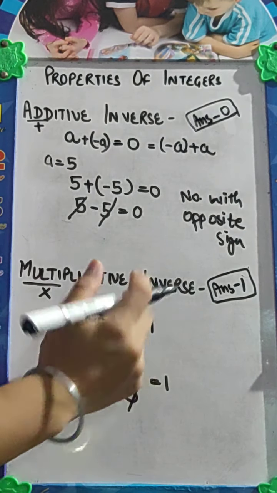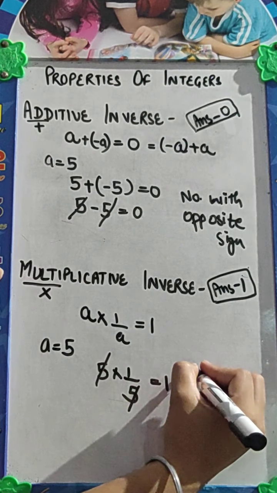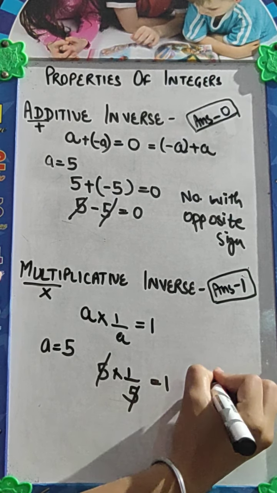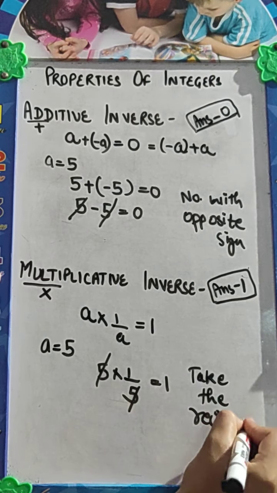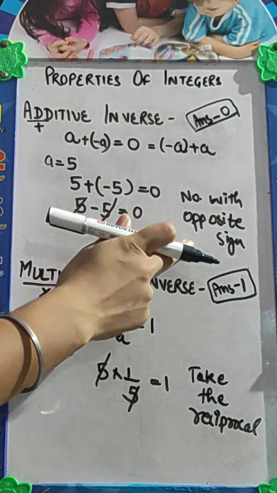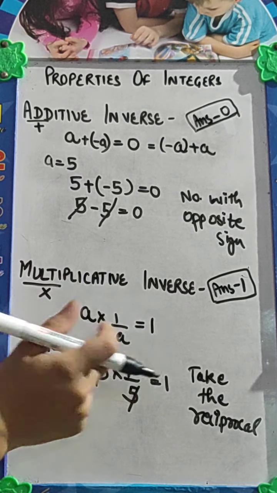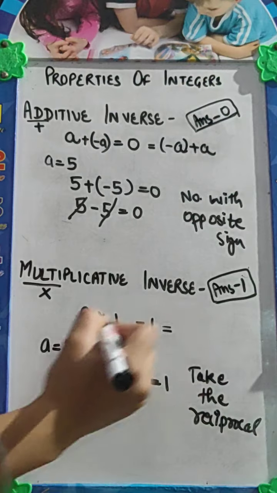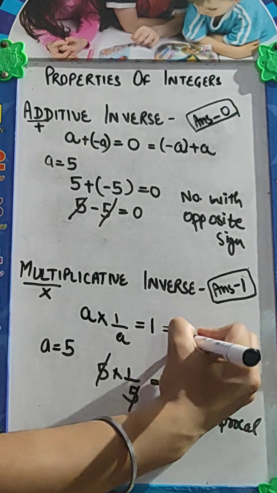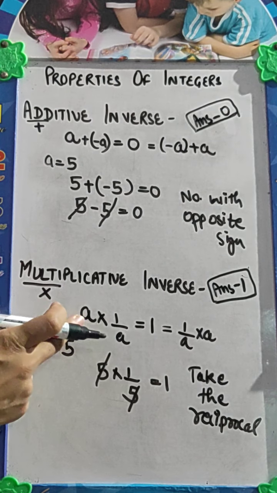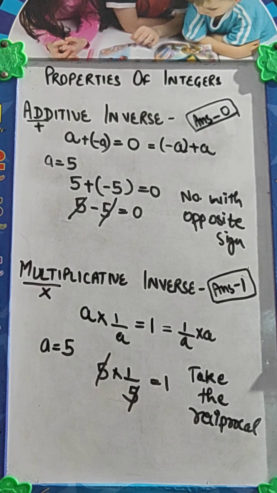So multiplicative inverse क्या होता है? You have to just take its reciprocal. Okay, you have to take its reciprocal. In this we have to take the reciprocal of the integer. Okay, in additive inverse we have to take the number with opposite sign. In this we have to take the reciprocal. If we are having a, take its reciprocal 1 by a, so that we get 1 as a result. So according to the commutative property, I can write it like this also, 1 by a into a. है ना, commutative property states that a multiplied by b must be equal to b multiplied by a. So in this case I can write it like this as well.